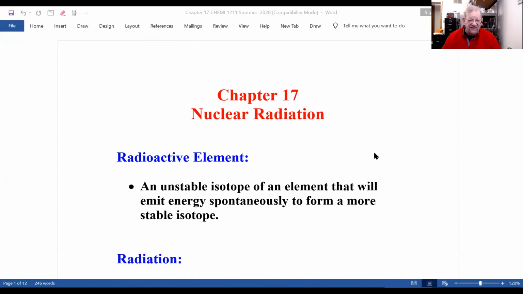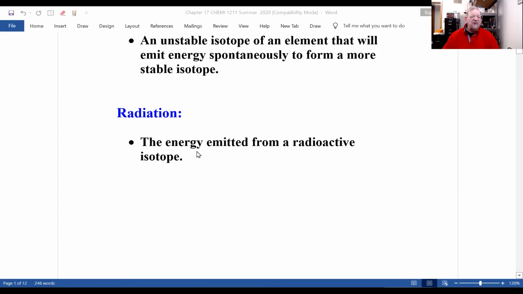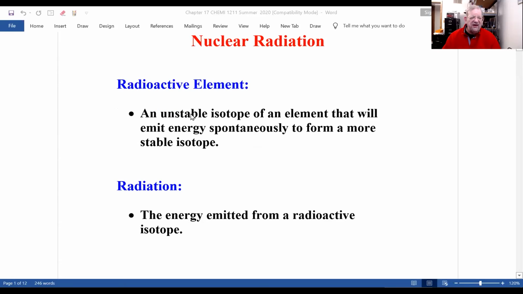We're going to talk about nuclear radiation and nuclear chemistry. And what is a radioactive element? It's an unstable isotope of an element that will emit energy spontaneously to form a more stable isotope. Remember, isotopes have the same number of protons and electrons, but different neutrons normally. Now, the energy emitted from an unstable isotope, otherwise known as a radioactive element,